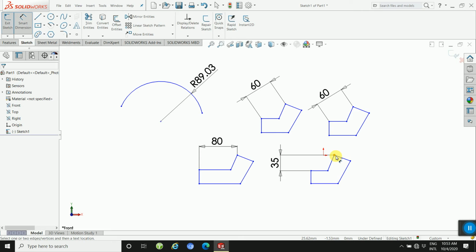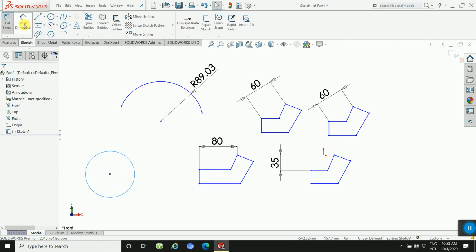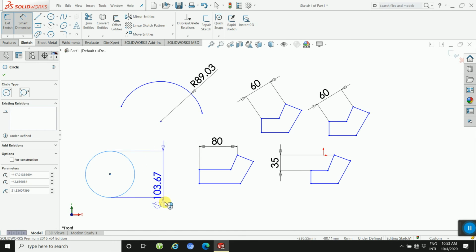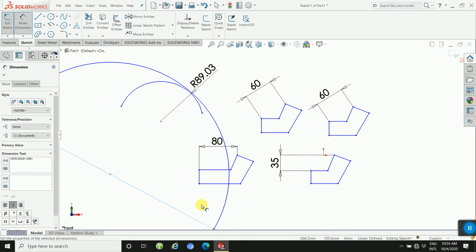Okay, and then the second example: if you pick a circle, you will get a diameter dimension. When you select two parallel lines, you will create a dimension between the lines. Take another example. If you are creating a circle, if you go for here, this is the auto method, and then define the more.